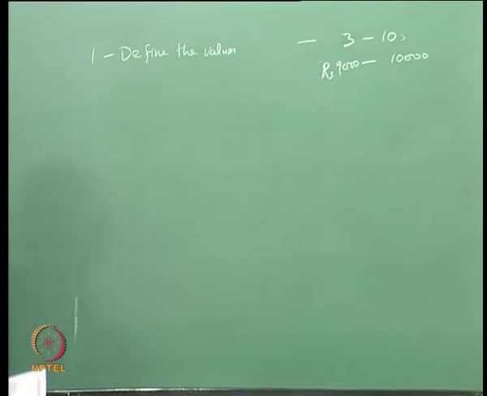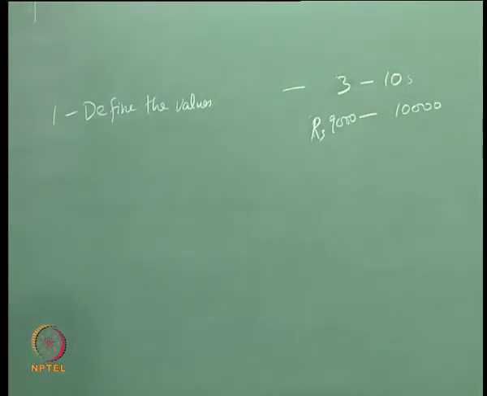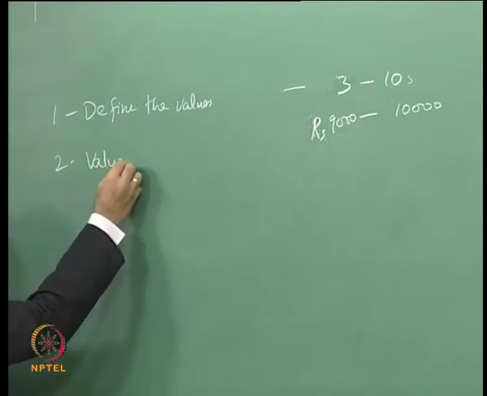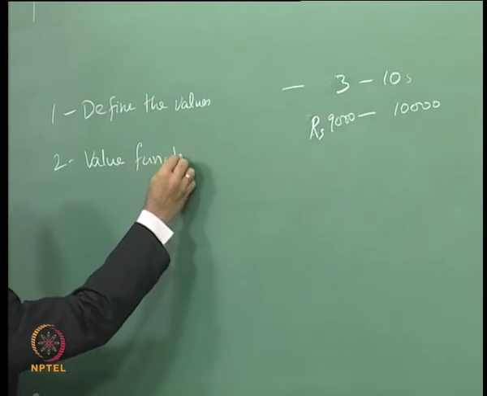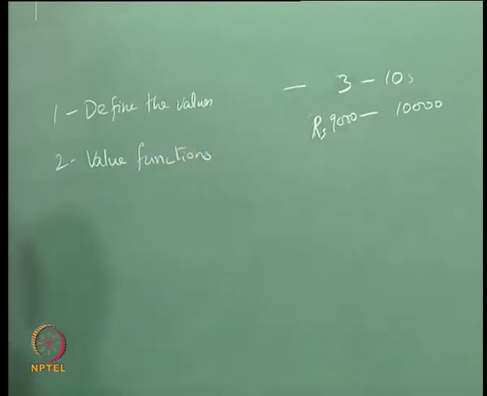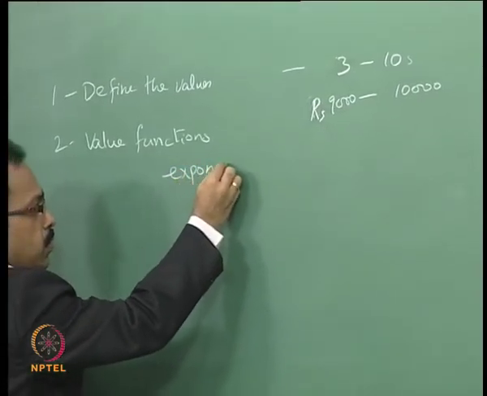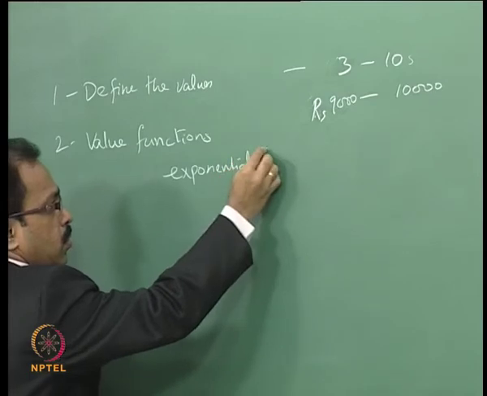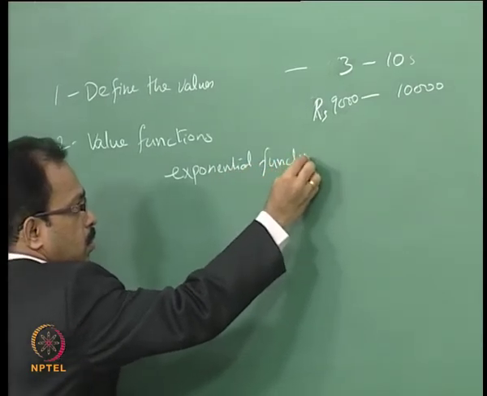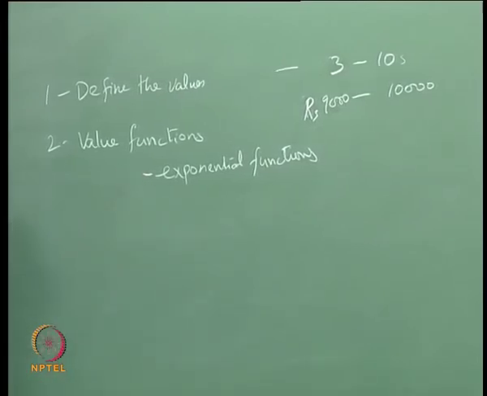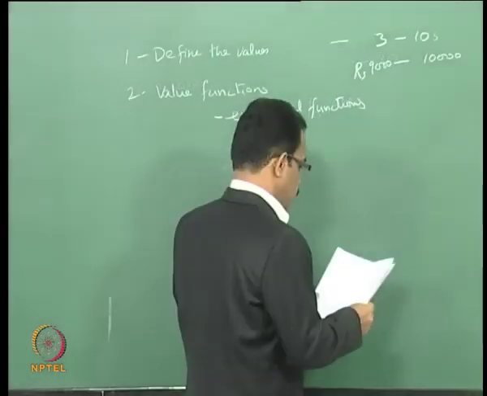values for the function. So, that is to define the values for various objectives, and then define value curves for value functions. So, that is to define value functions. Again we are using the exponential functions. Exponential functions are used for value functions or value curves. When we use the exponential curve, I already explained the exponential function.